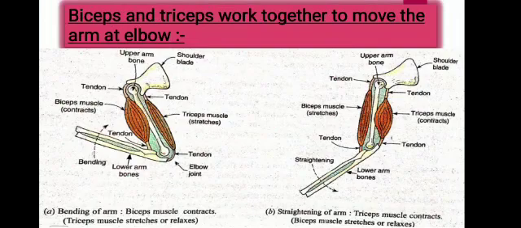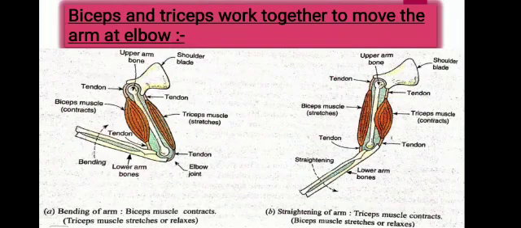As you know, our arm consists of two parts, the upper arm and the lower arm, which are joined at the elbow. The upper arm has one bone and the lower arm has two bones. The upper arm bone has a pair of muscles called biceps and triceps on its two sides. See in the diagram, you can see the biceps muscle and the triceps muscle. We will now describe how the pair of muscles, biceps and triceps, move the arm.